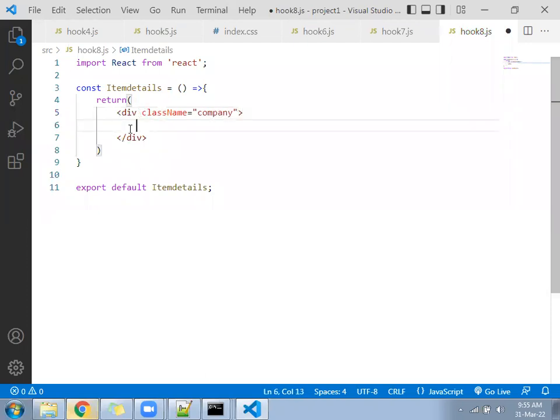Now under the company class, we can display here h5, write a name, Cybertrix tech, company name.